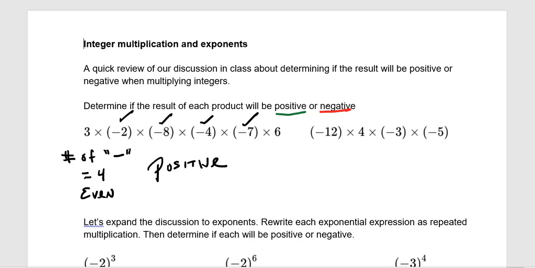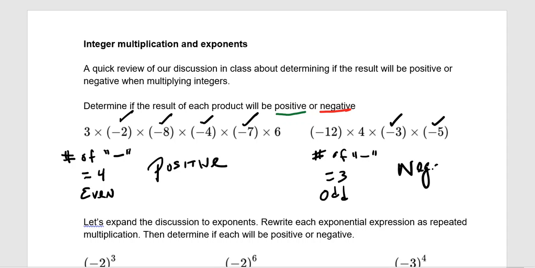result. If we look at the next example, just one more for practice, we add up the negative signs, 1, 2, 3. Again, you don't need to do this normally, but we're going to make a record of it on the notes just for clarification. So the number of negatives, this time it equals 3. 3 is what type of number? 3 is an odd number. So that means we're going to get a negative result,